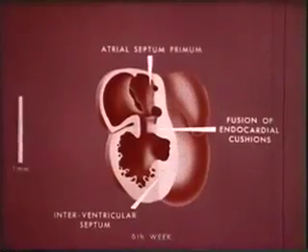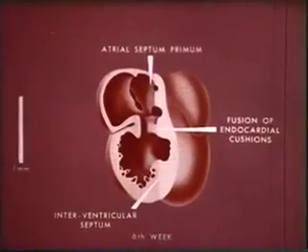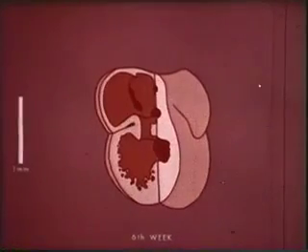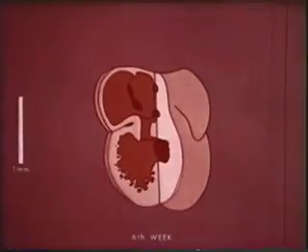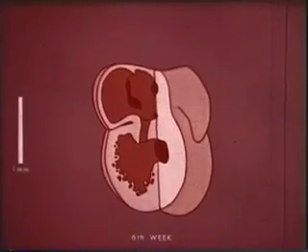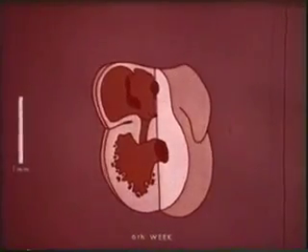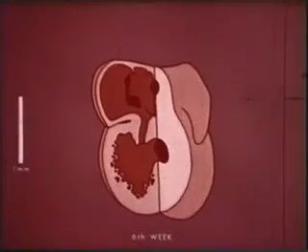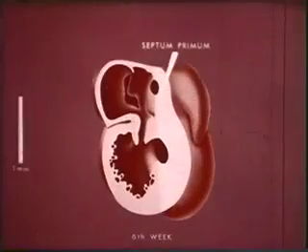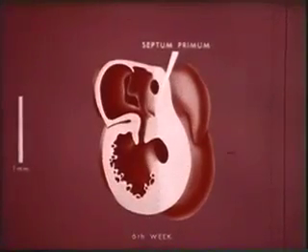The fused cushions continue to grow downward toward the interventricular septum. The right extremity of the cushions fuses with the posterior part of this septum. The anterior part of the septum is extending along the anterior wall of the ventricles toward the roof of the bulboventricular cavity. Toward the end of the 6th week, the free edge of interatrial septum primum reaches the atrioventricular cushions